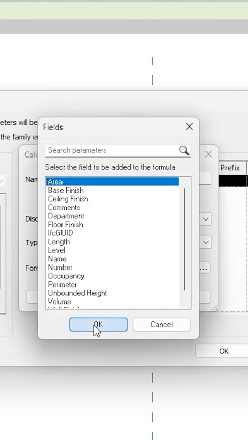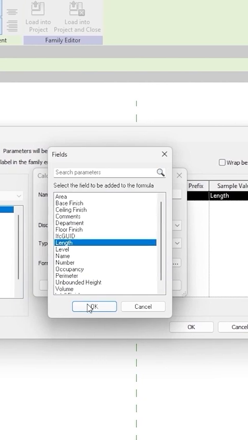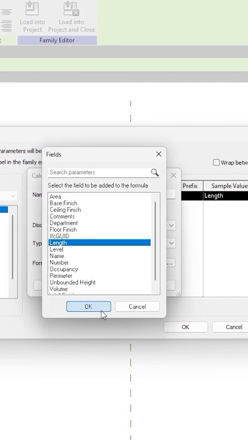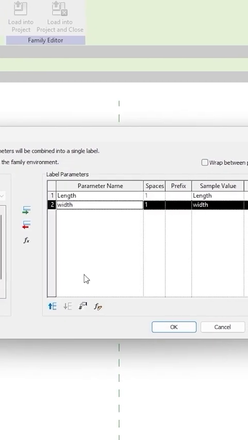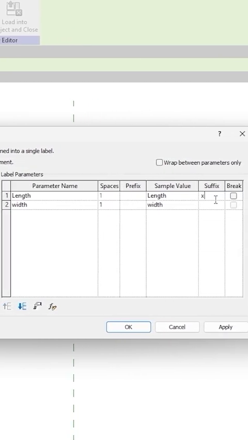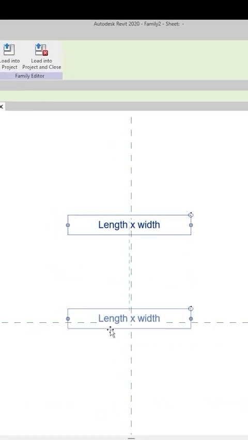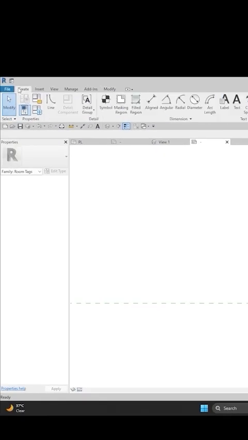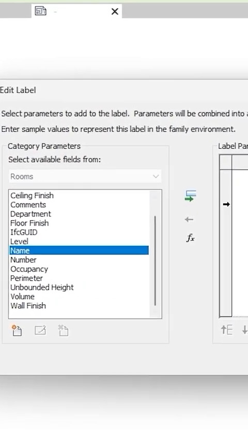put as a formula as area divided by length. Yeah, and then make it type as length. Okay, and within that suffix space x. Okay, enter, and let's drag it down to the center, and let's create another label where we have the name,